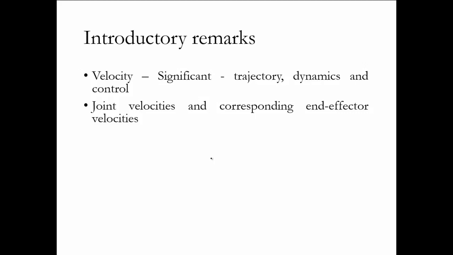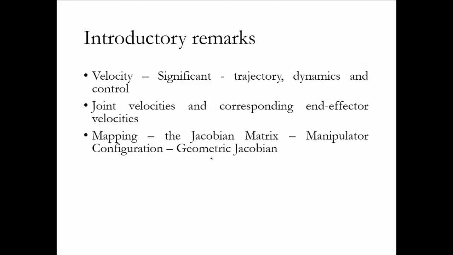Now generally we have joint velocities at the joint because joints move and they lead to the movement of the end effector. So you can always specify joint velocities and find out corresponding end effector velocities, or sometimes the end effector velocities which are desired, as we have seen earlier also as operational coordinates. At operational coordinate level we can have end effector velocities that are specified for a task, and obviously corresponding joint velocities we need to find out.